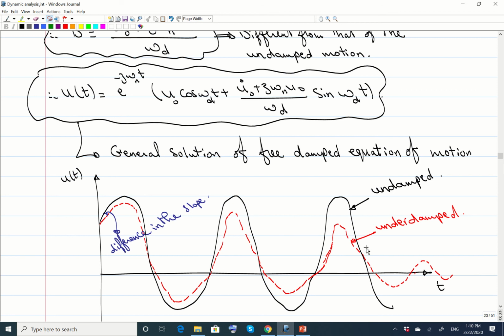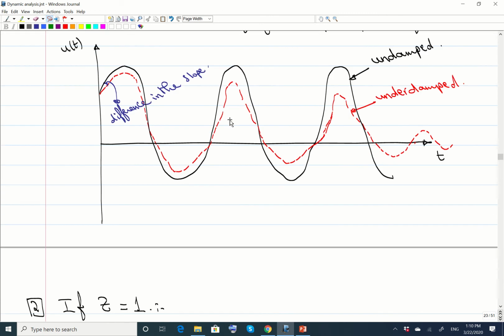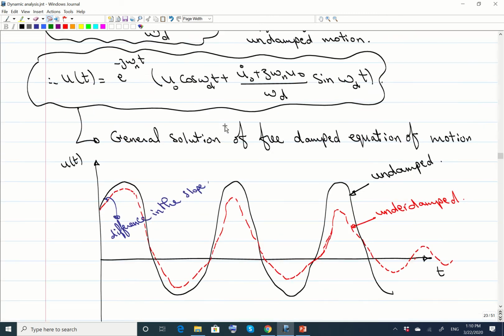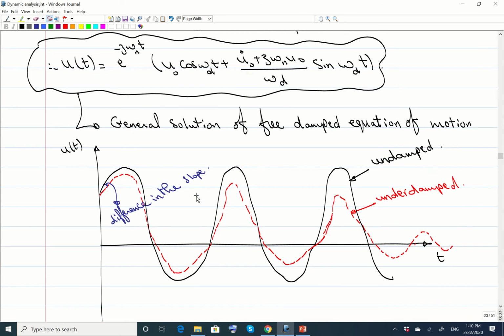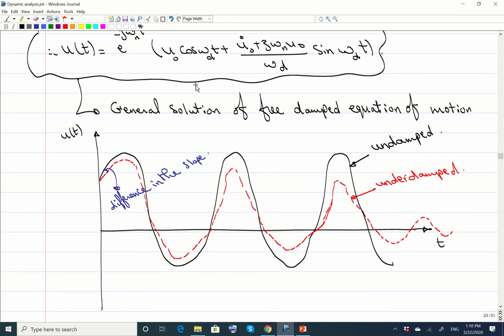So each time it's decreasing. The other difference between the two oscillations: the undamped oscillation had a frequency of omega n. This one has an oscillation of omega d. The frequency of oscillation is omega d. So omega d and omega n will not have a huge difference in between. Okay, the omega d will be